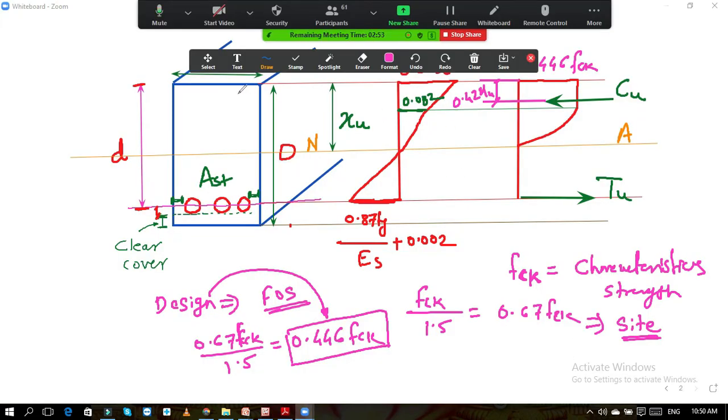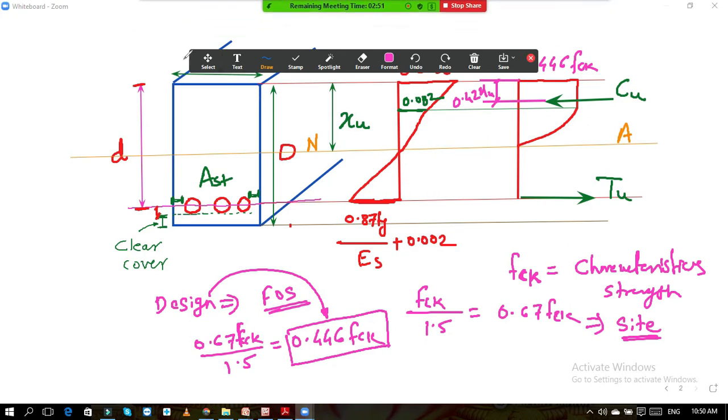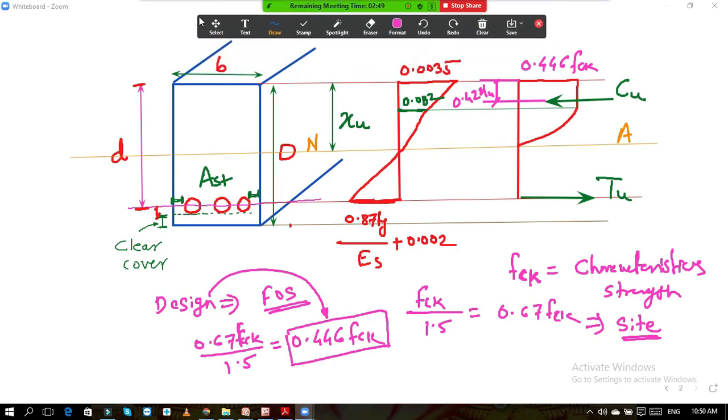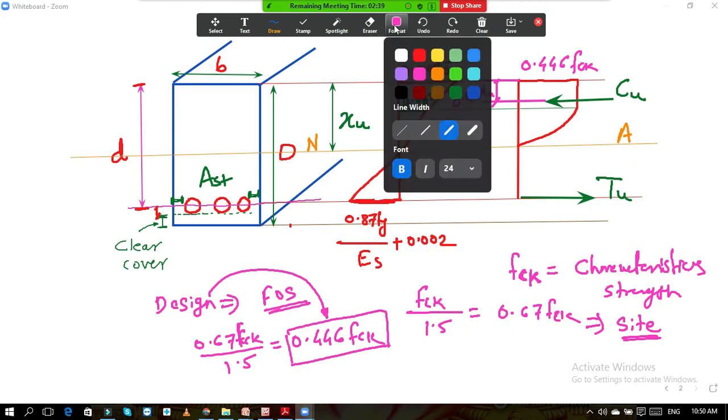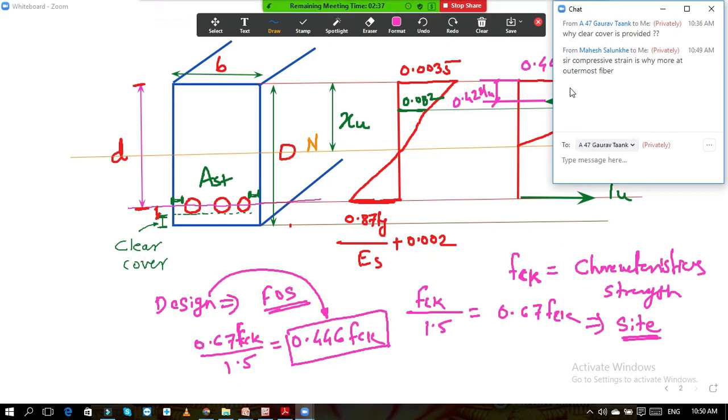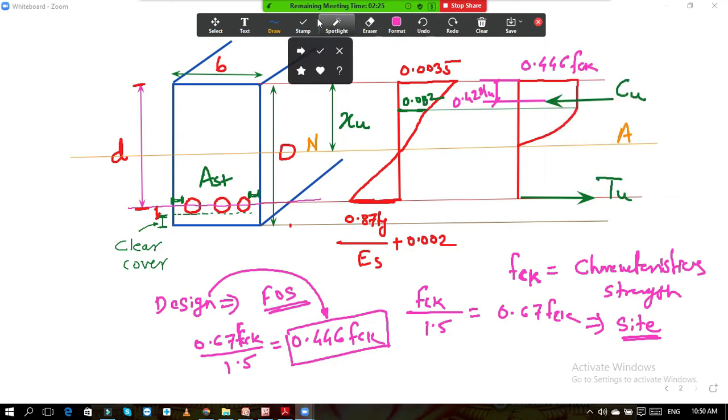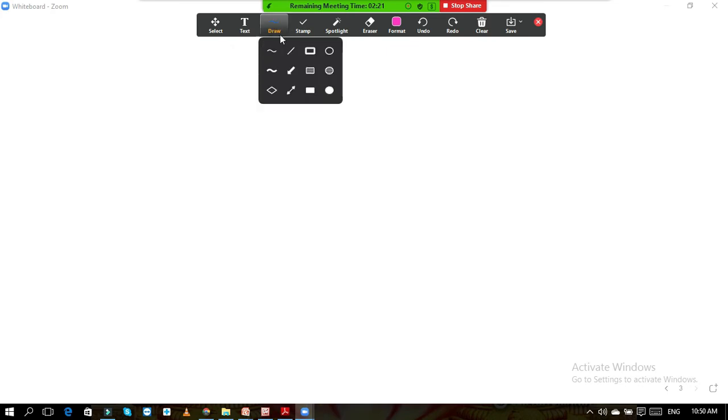You have studied that M by I is equal to f upon y is equal to E by R, that formula of bending stresses. So bending stresses are compressive at the top. If the maximum compressive stress is at the top, then the maximum compressive strain is at the top. See, if I draw the diagram over here, you can see the bending profile.